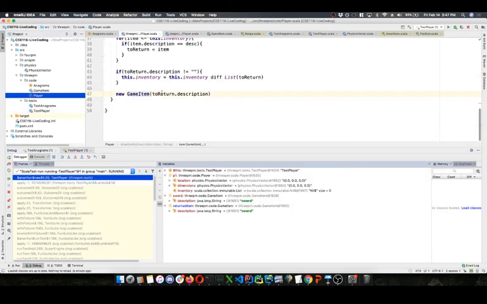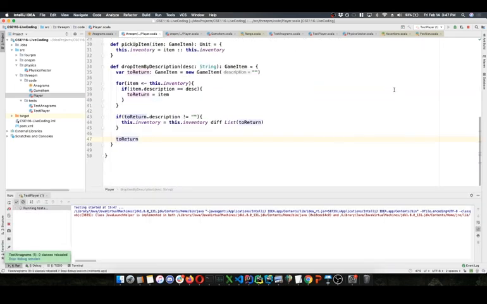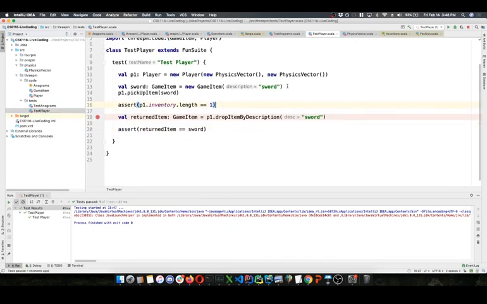When we return, we need to return that item by reference. We're not creating a brand new one. Let's stop this, run, and we should be passing that test now. Return it by reference. We want that specific item, not just a new one with the same properties. And then we would